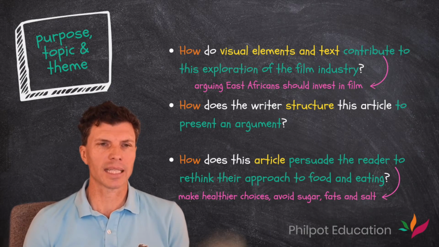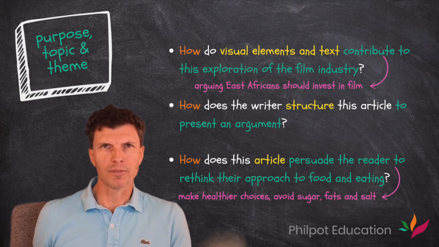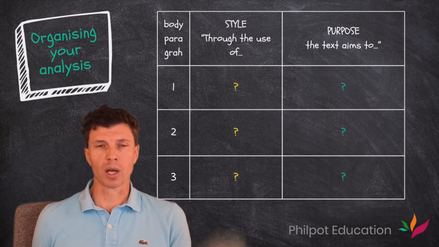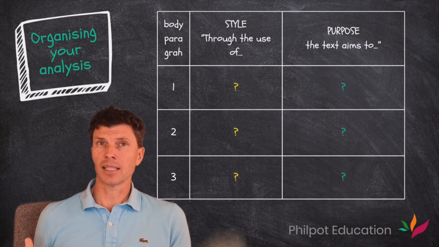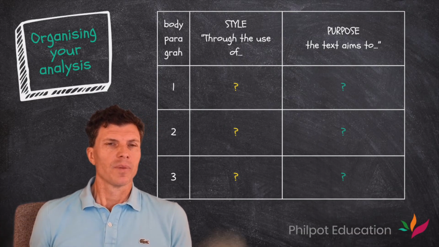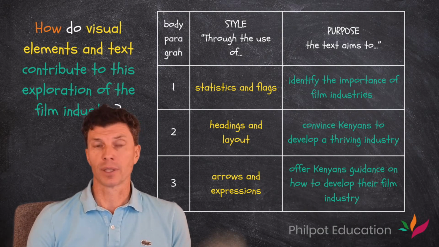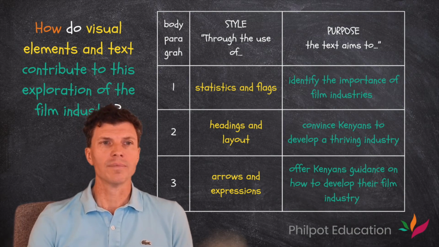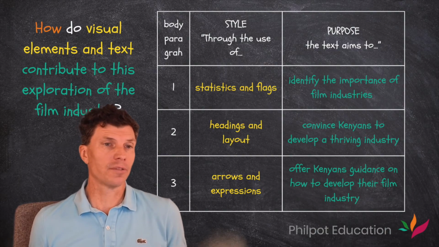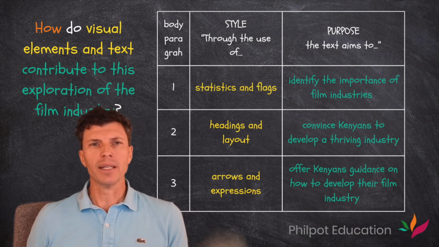Now, I know you don't have the stimulus text. You can check it out on my support site after the video. I've done a whole separate video on how to organize and plan the paper 1 response. In that, I talk about topic sentences, and often topic sentences will echo the guiding question because there's a reference to style and purpose. So, for example, in relation to the question about visual elements and text and how they contribute to the exploration of the film industry, the first topic sentence of a body paragraph might read like this: